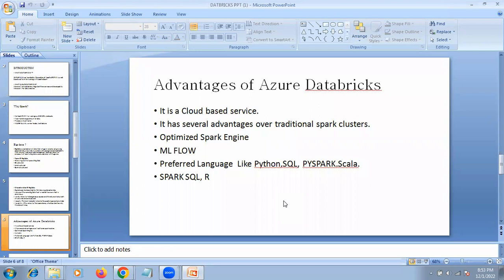Nowadays if you go to any company, you will hear that earlier they used to process their data on premises, but now they are moving to the cloud, because cloud offers most of the services, the cost is very low, and they don't need to think about the infrastructure.